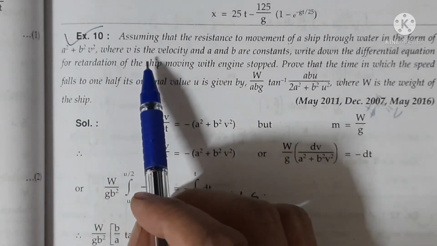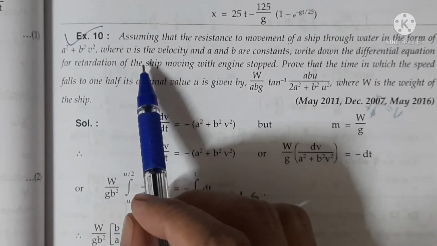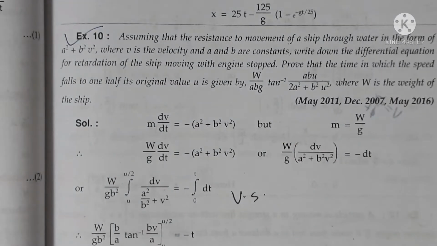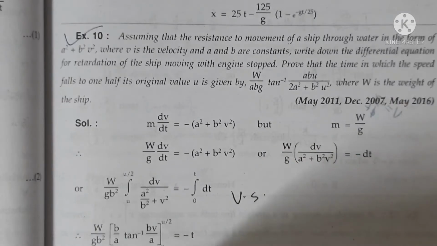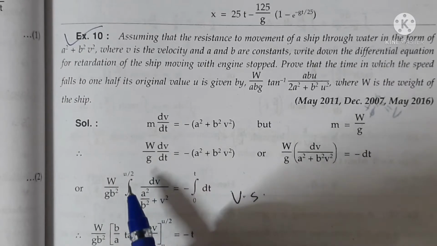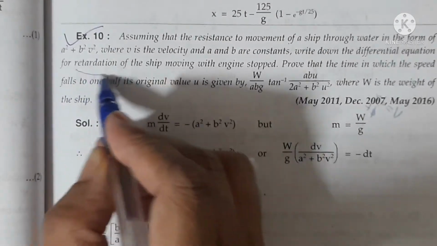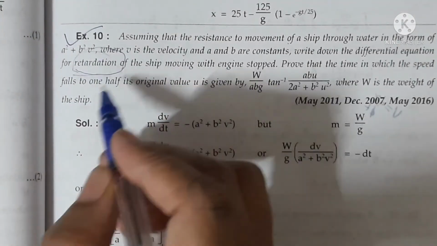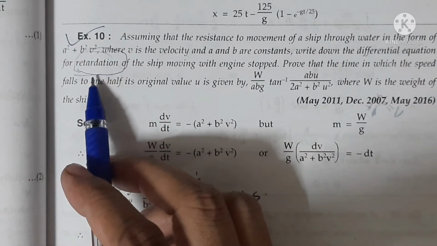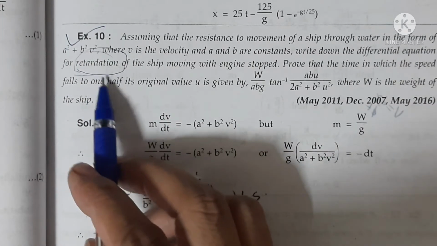Like that, when we are going on a normal road, suppose we are going in our car and suddenly the stop signal or the red signal is there, we have to apply the brake for the car. Therefore the acceleration of that car is called the retardation. Retardation means suddenly applying the brake or suddenly stopping the speed, or stopping the ship.